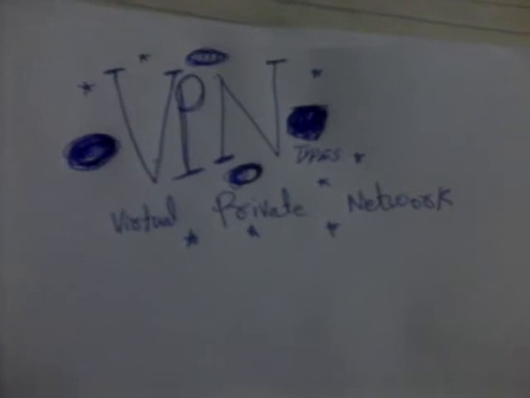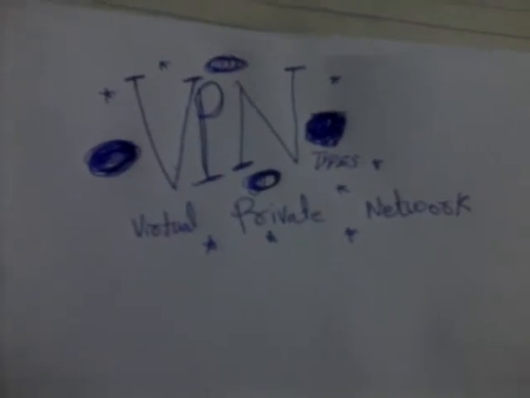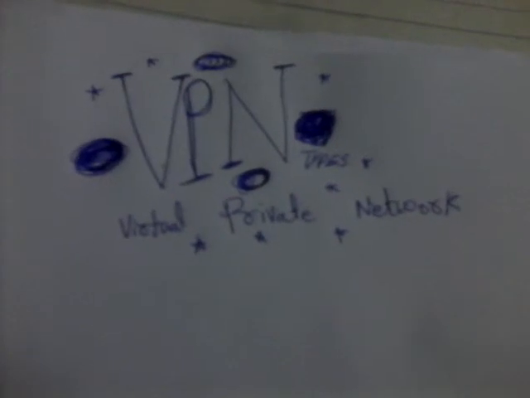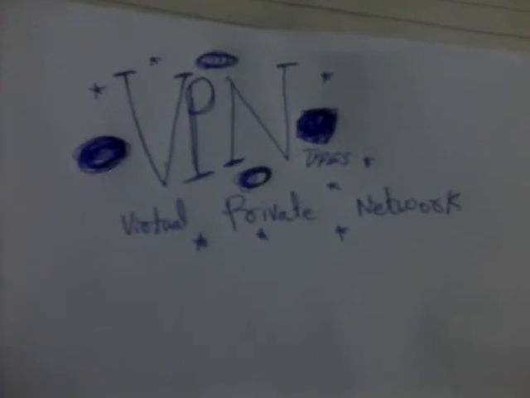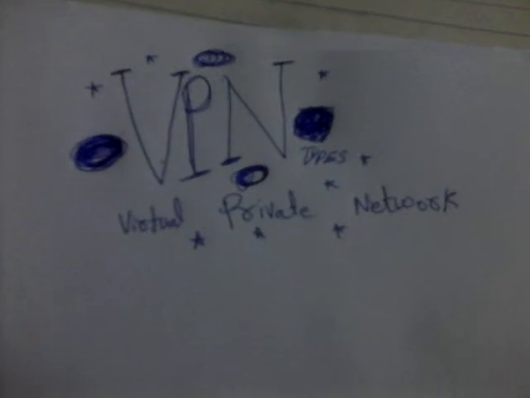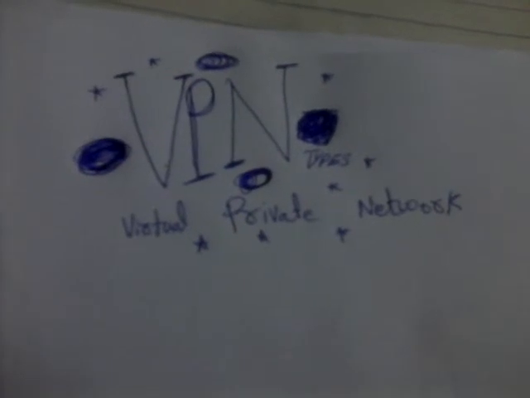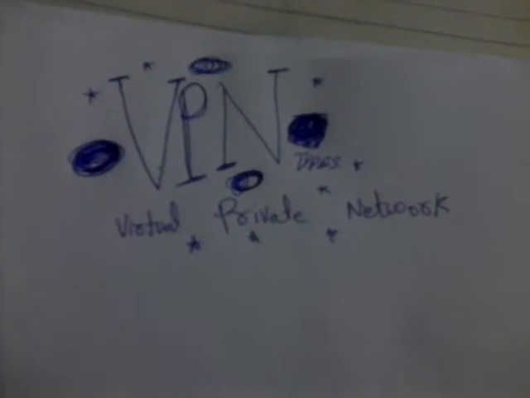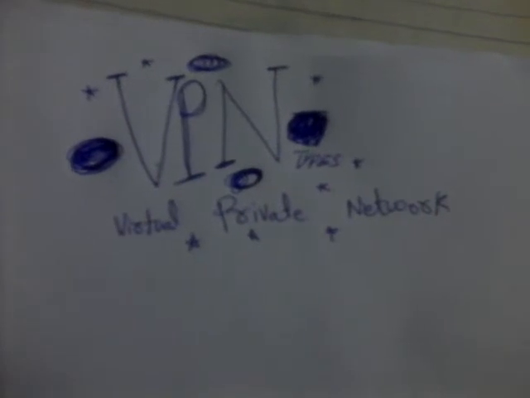Now we read about VPN types and what components we need to create a VPN connection. VPN types are remote access VPN connection, and second is site to site VPN connection. And components are VPN client, VPN server, VPN tunnel, VPN connection,